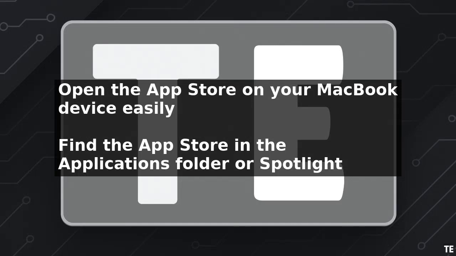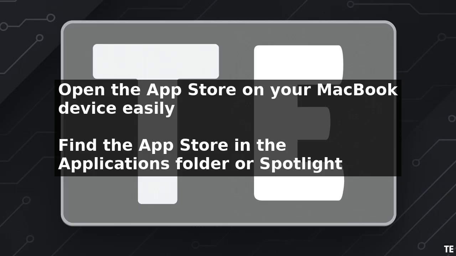To get Robinhood on MacBook, start by opening the App Store on your device. You can find the App Store in the Applications folder or by using the Spotlight search function. Once the App Store is open, click on the search bar at the top right corner of the window and